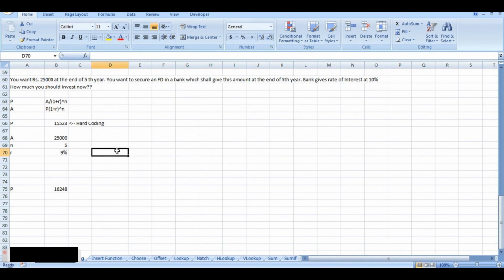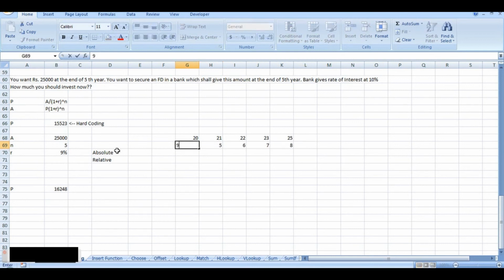Friends, just now we saw how referencing is used in Excel, but basically there are two types of referencing: absolute referencing and relative referencing. Now what are these two? Let us try to understand it with an example. Say there is a series of numbers that I have, which I want to add into another series of numbers.